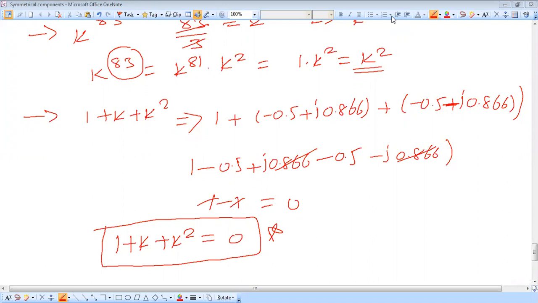I will upload these videos daily for one subject, power system. First we are starting with symmetrical components. Next we are going to introduce fault analysis like the reactance diagram. Next we are going to discuss stability. These are very important topics in power system. Most of the GATE examination questions come from these topics only.